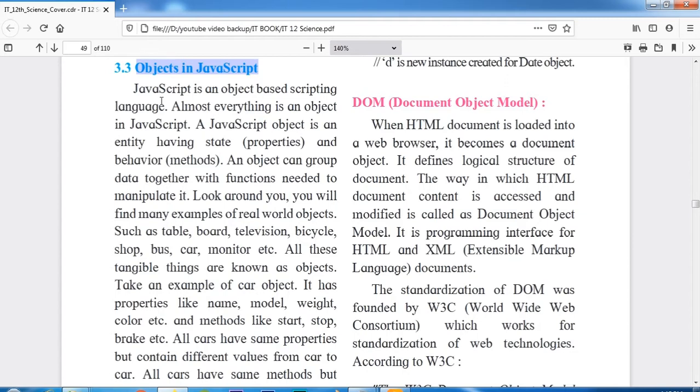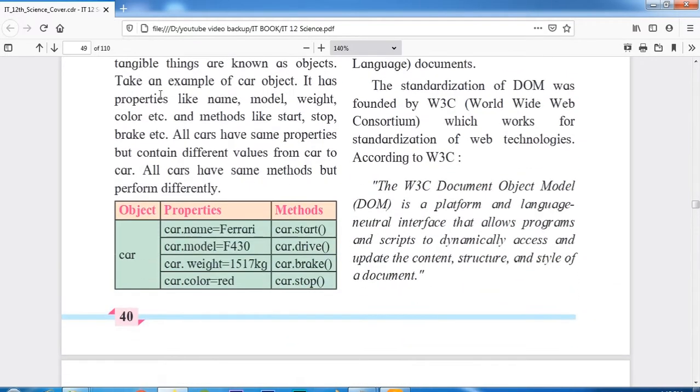Suppose I am taking a device as an object, then the tasks which that device can do will be the properties of that device, and the actions performed by those tasks will be the methods of that device. How? Let's check here.